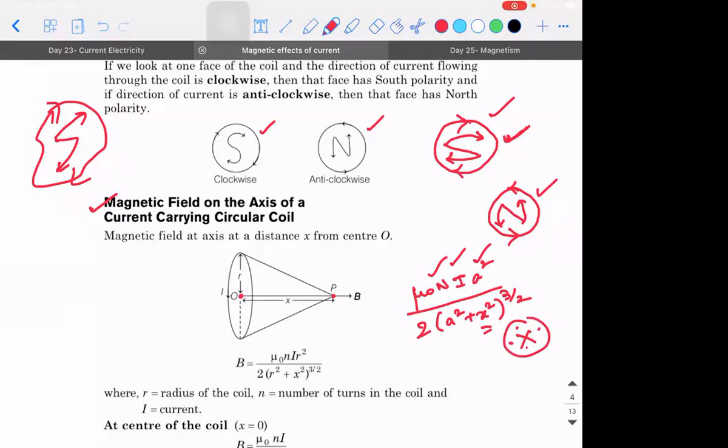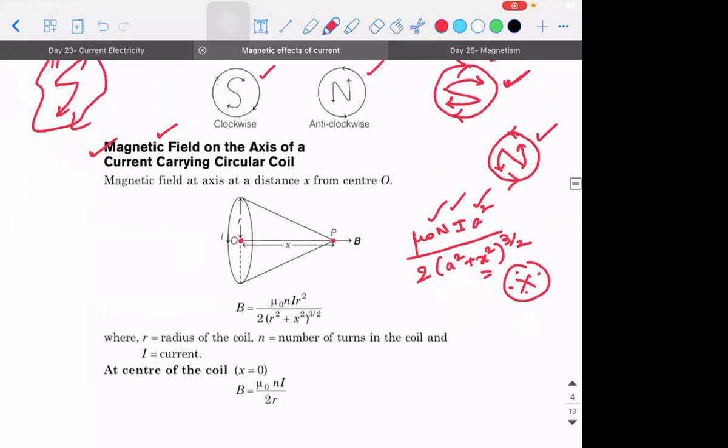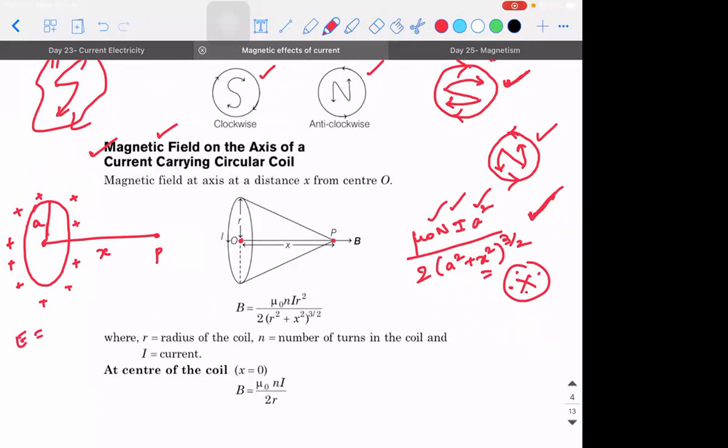Okay, now I have a question. So you found the magnetic field due to a circular current carrying coil. So a circular current carrying coil is nothing but a ring, correct? So if I take a ring, instead of current, if I speak about charge on top of it, and I'm asking you to calculate the electric field at point P, which is at a distance x, and still the radius, all those things are a. By looking at this expression, will you be able to derive the expression for electric field? Can you guys try?